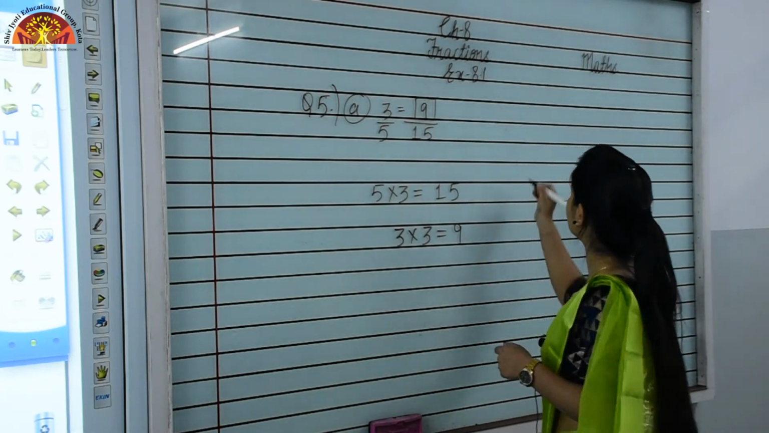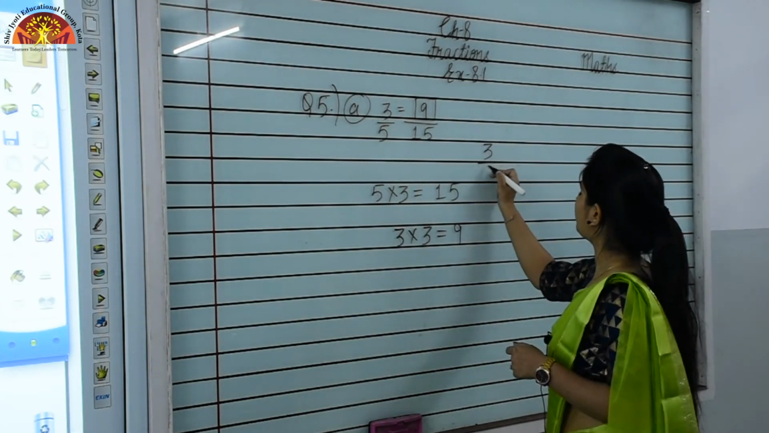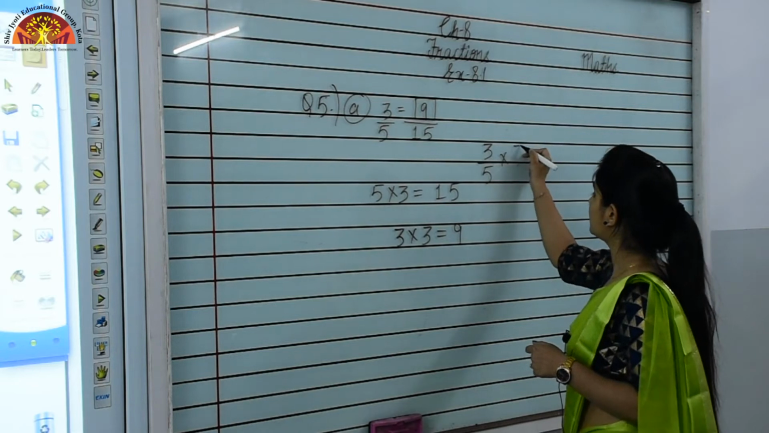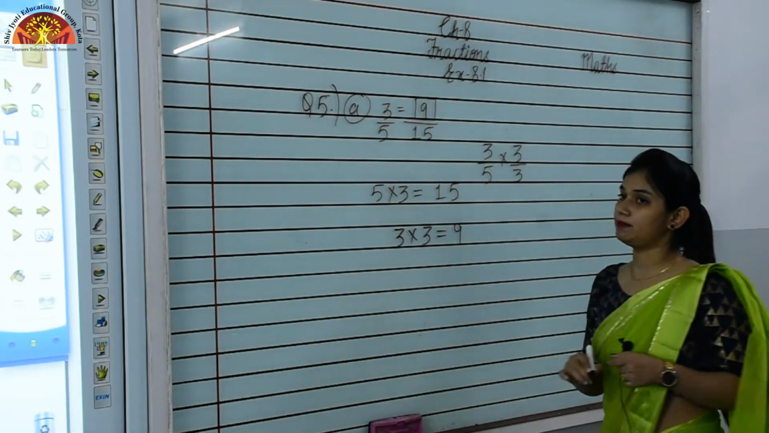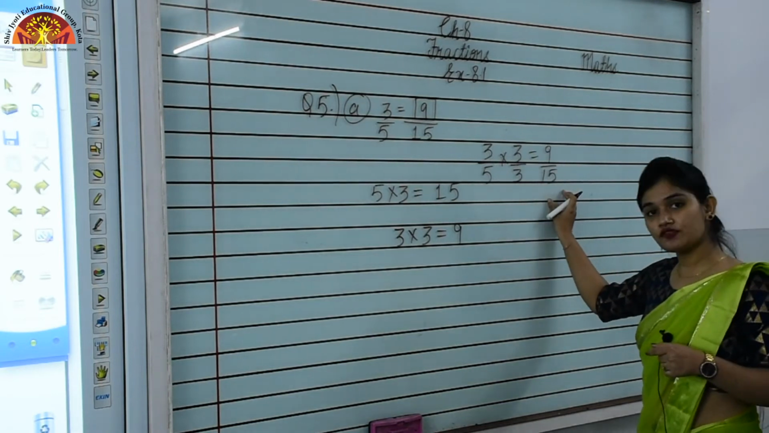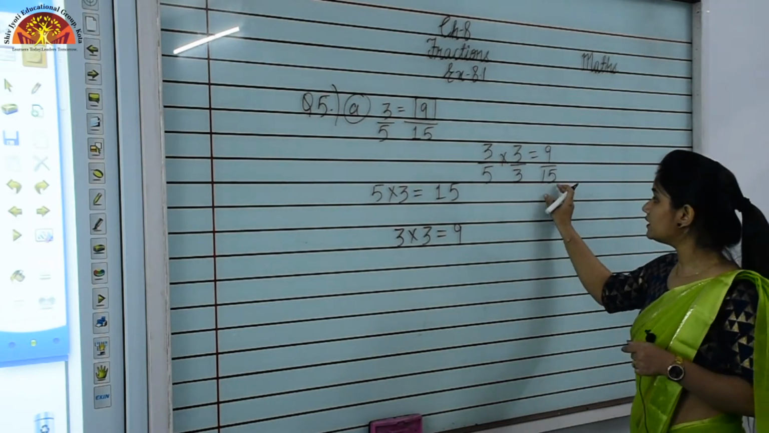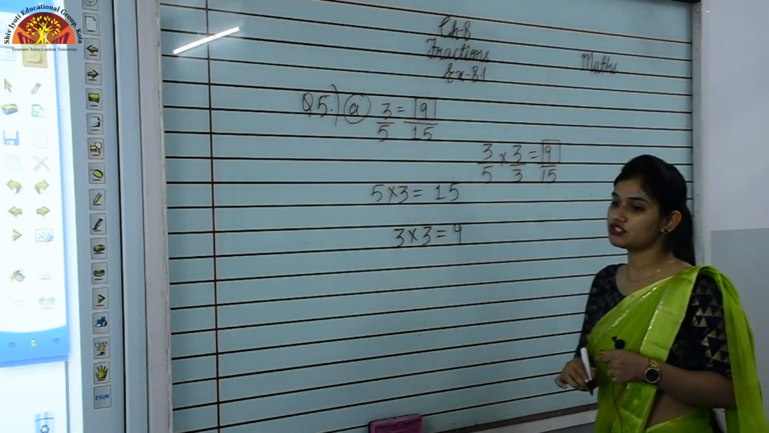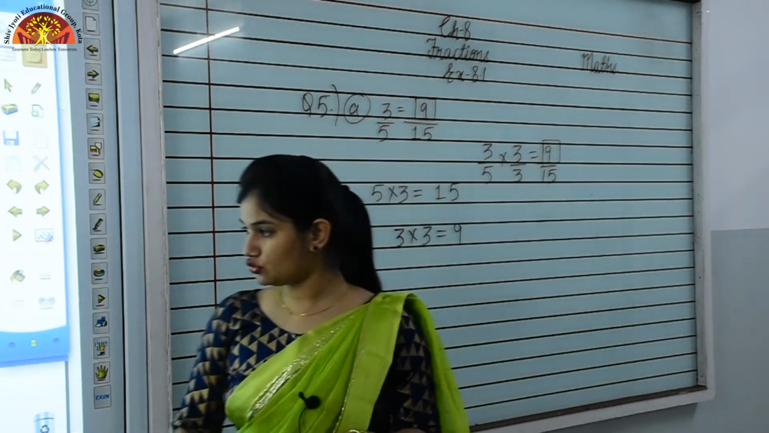Is it clear? What did I do? 3 upon 5 multiplied by 3 multiplied by 3. So 3 3s are 9 and 5 3s are 15. Is it clear students? So in this way students, you can fill the empty boxes. Now you can do B part also